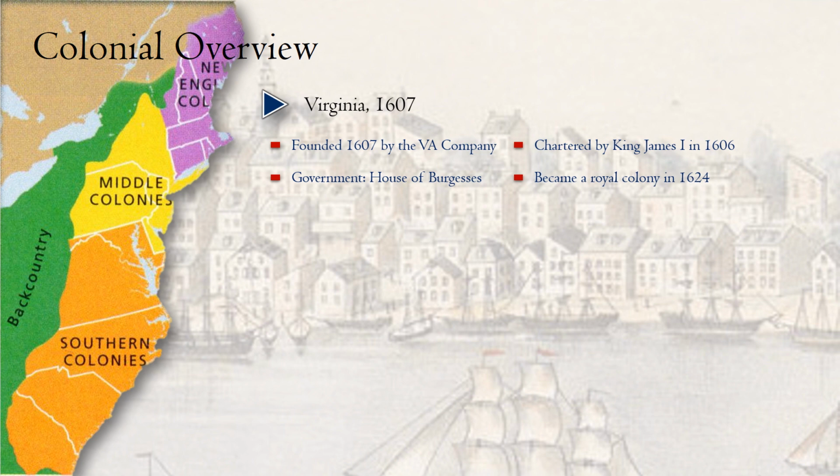But the House of Burgesses continued to function, although the king retained veto. Well, as we mentioned, and I put in very large red letters there, by the 1630s, Virginia is a recognized economic powerhouse because of the cash crop tobacco, which is sold on the world market and is highly sought after by people with means in Europe.